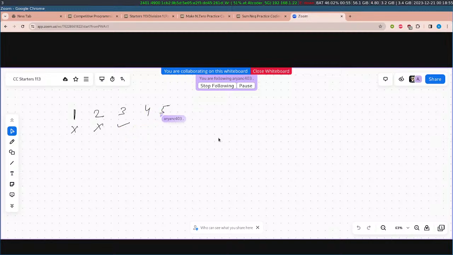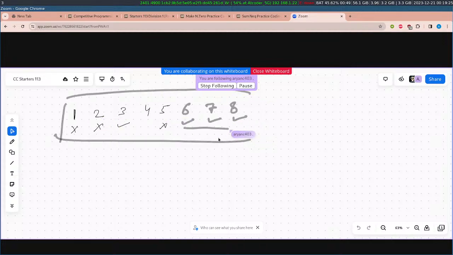For 5, we can verify that it is not possible, because either we can make 3 or we can make 4, or the next possible number we can make is 6, which is 2 times 3. So we will be able to make 6, which is 3 plus 3. We would be able to make 7, which is 3 plus 4. We would be able to make 8, which is 4 plus 4. And now looking at these initial values, what we can notice is that we have got 3 consecutive yes over